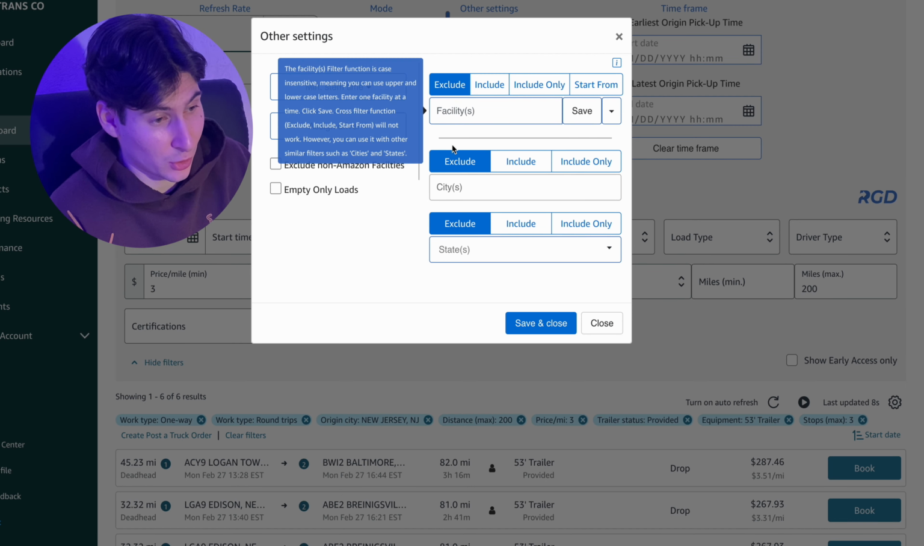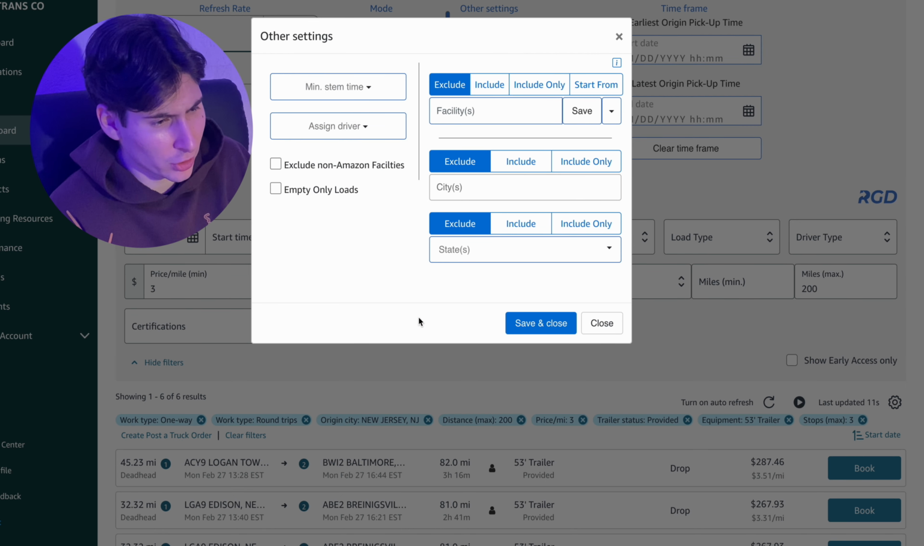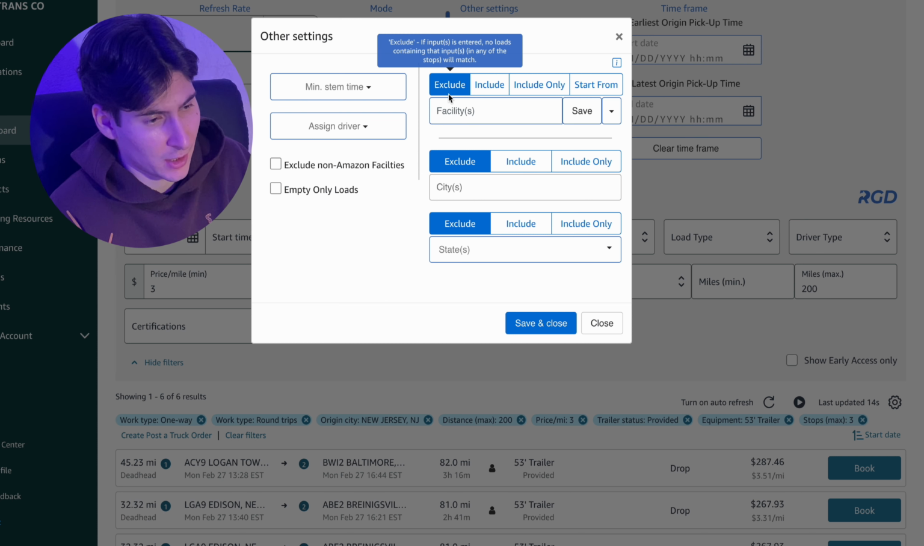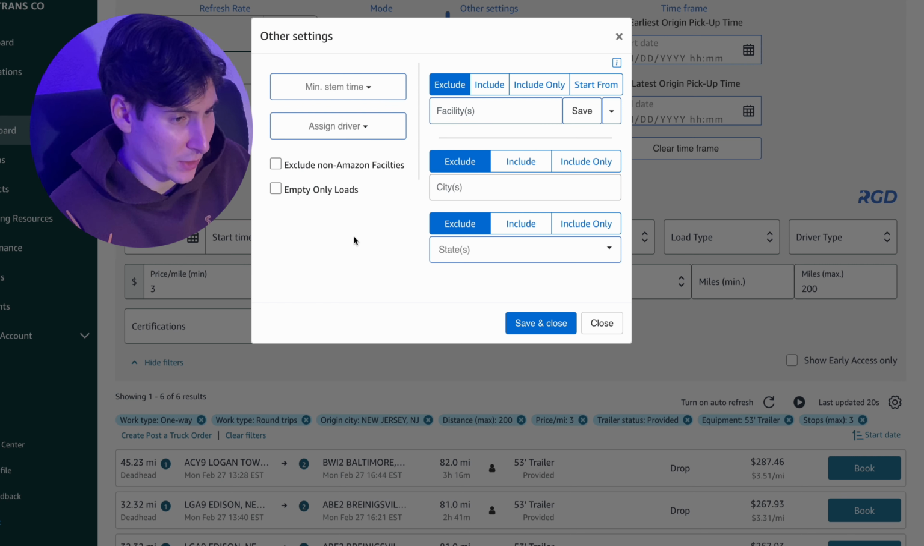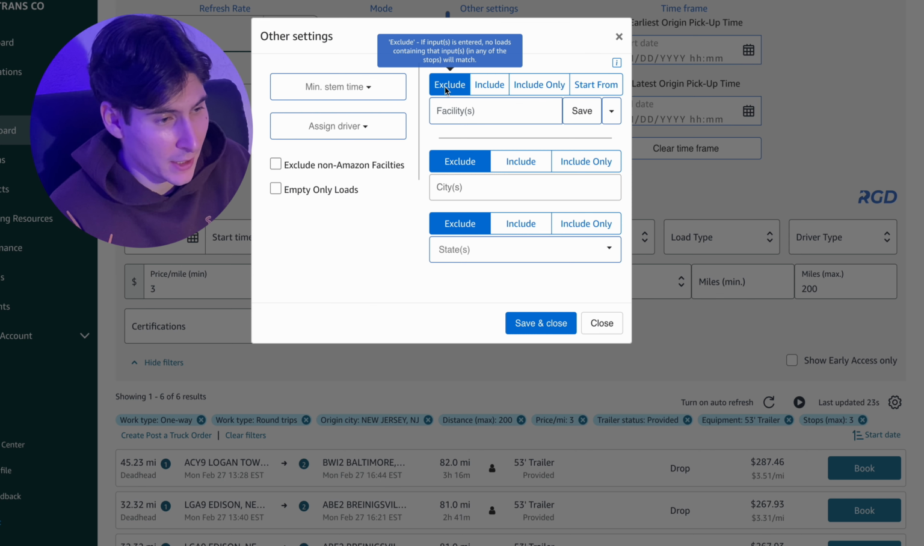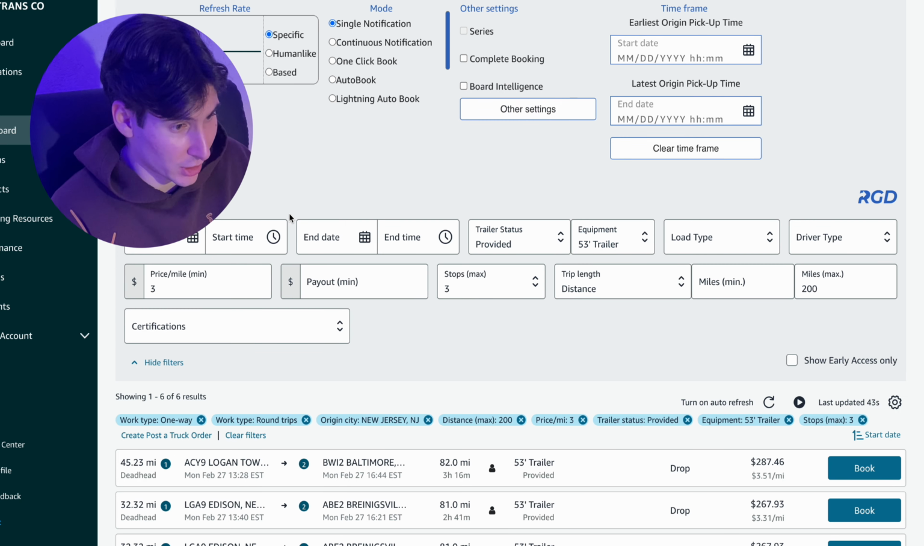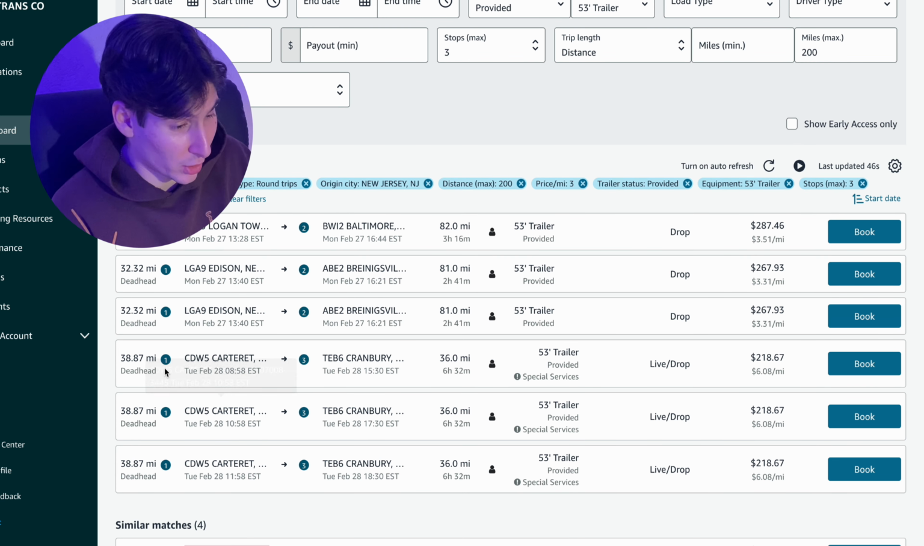We're going to start going from top to bottom, and we're just going to add one filter after another. So we're going to start with the facility filter, starting with exclude. If you want to know how to use it, it is very simple. Just bring your mouse on top of the sub filter and you can read a hint right here. For exclude, if input is entered, no loads containing that input in any of the stops will match. Basically, let's just go straight into it, and I will show you how it works